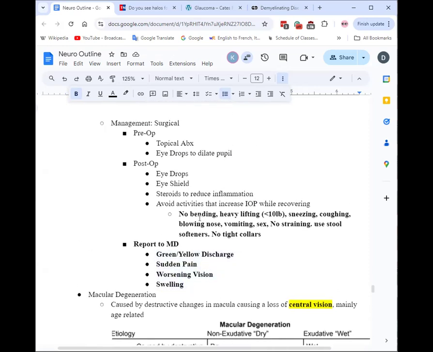Oh, you mean for activities? Probably, if I had to guess, avoid reading in the dark, but I think reading was also restricted during recovery. Okay, so avoid reading. Well, that's good. I don't read anyway. Okay.